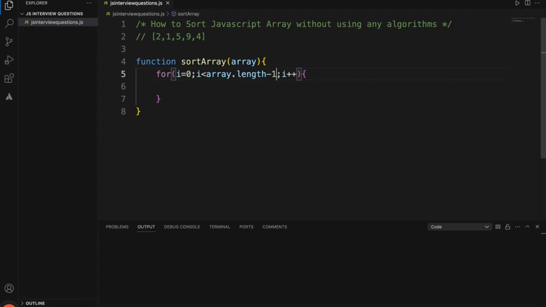So we will compare until the end of the array, and here we need one more loop